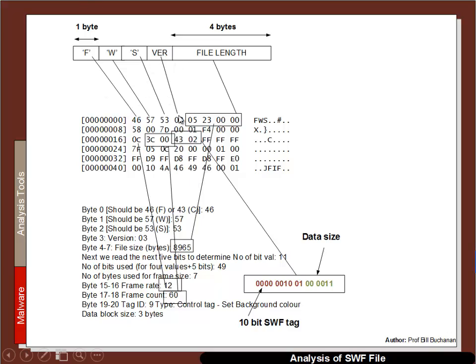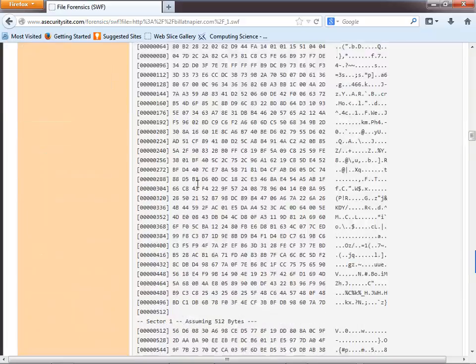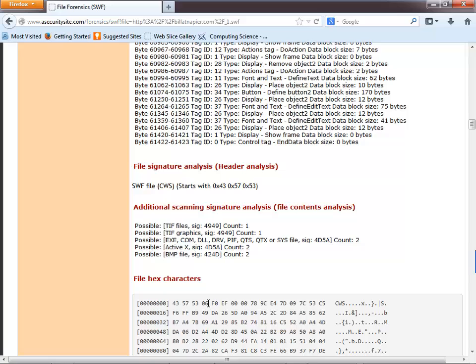Then the next byte that we have is the version number, and that's very important in Flash because certain compromises in Flash relate to certain values of the Flash content. So in this case, the 4th byte gives us our version number,